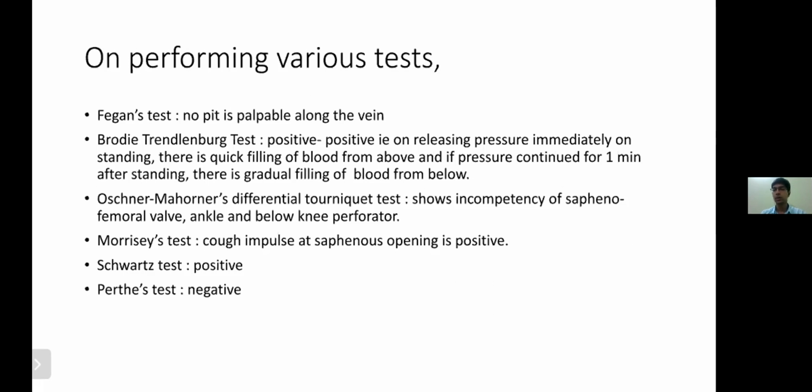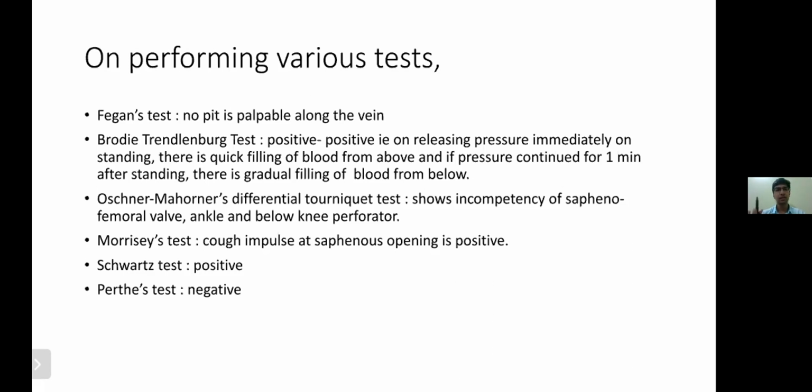But if asked, you can say that nowadays duplex or Doppler ultrasound is an extension of clinical examination and is used commonly. This is the line you use: duplex ultrasound or Doppler is an extension of clinical examination nowadays. So tourniquet tests are generally less preferred these days. That is how you stop it. But for the sake of examination, the various tests are these. Okay, you do not do them, you just elicit those tests.